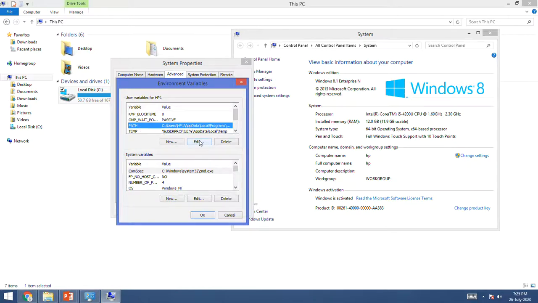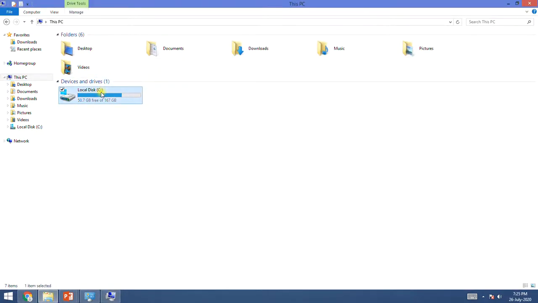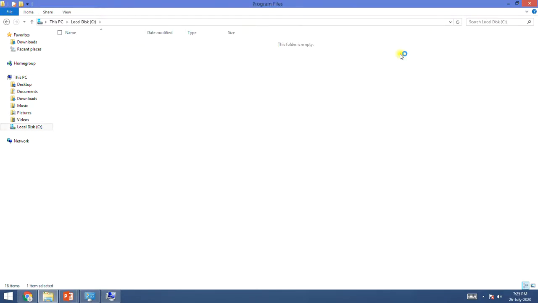Now select this path, click edit. Now you will see the variable name is path and the variable value is something. There will be some paths already, even on your system. Don't remove anything over here. Just put a semicolon at the end and paste the path which you have copied, that bin path of our C program files, Java, JDK, bin.